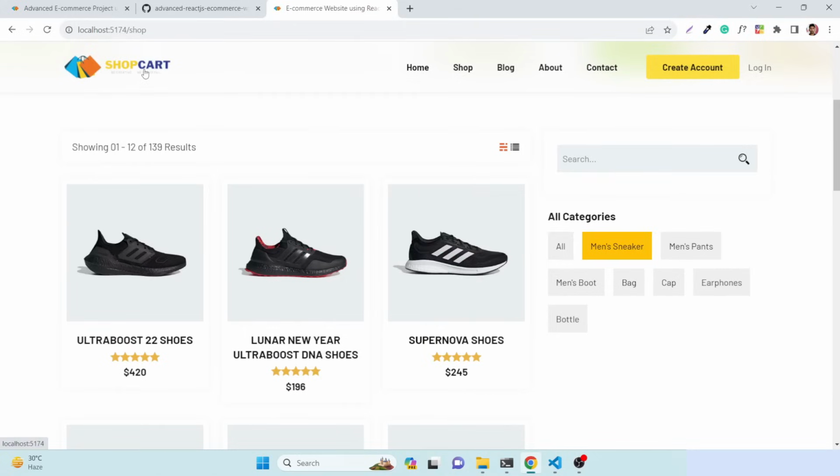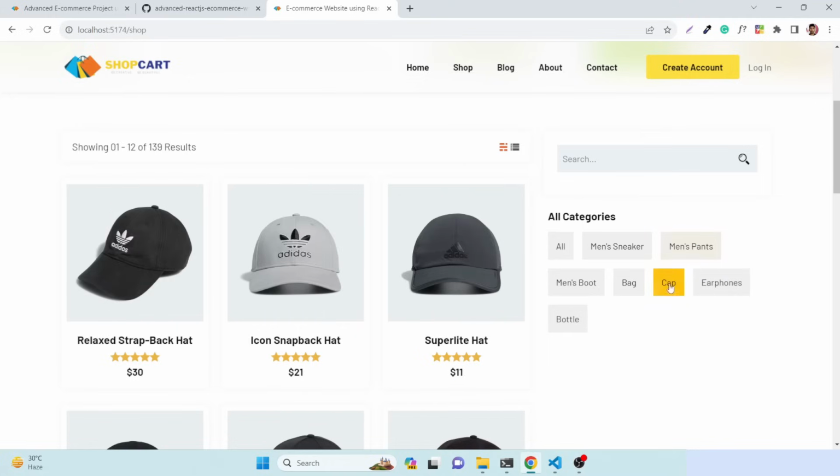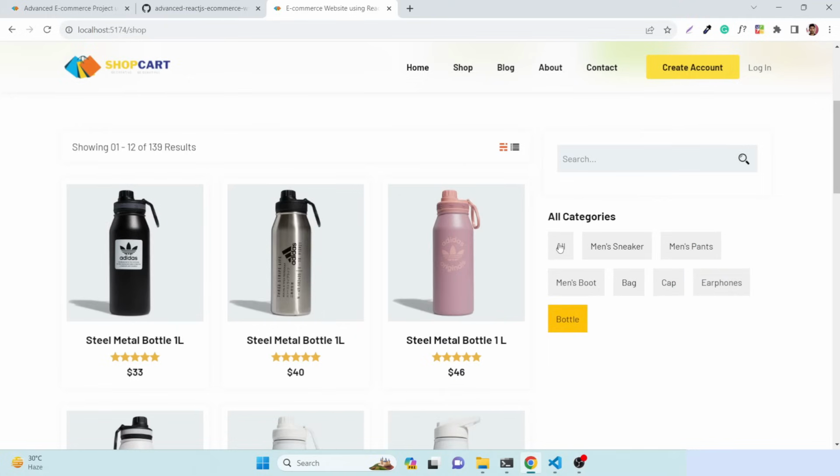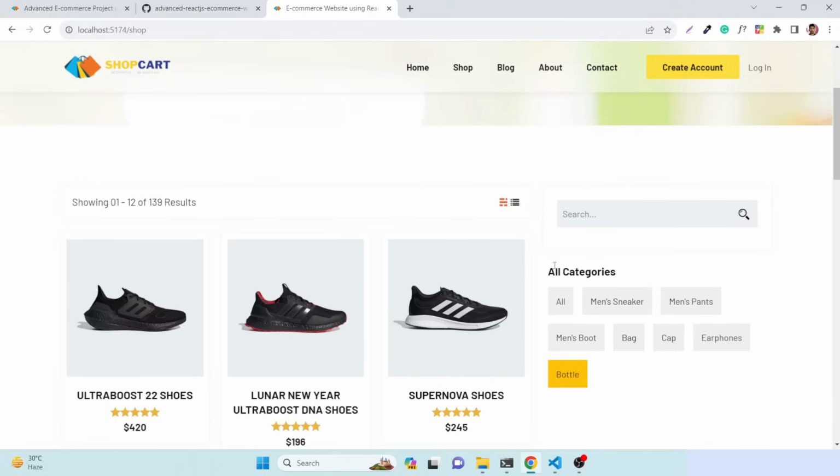Okay, so let me go back to our shop page. Here by default all is selected. You can choose any of these, and you can hit wall actually, then wall is selected,